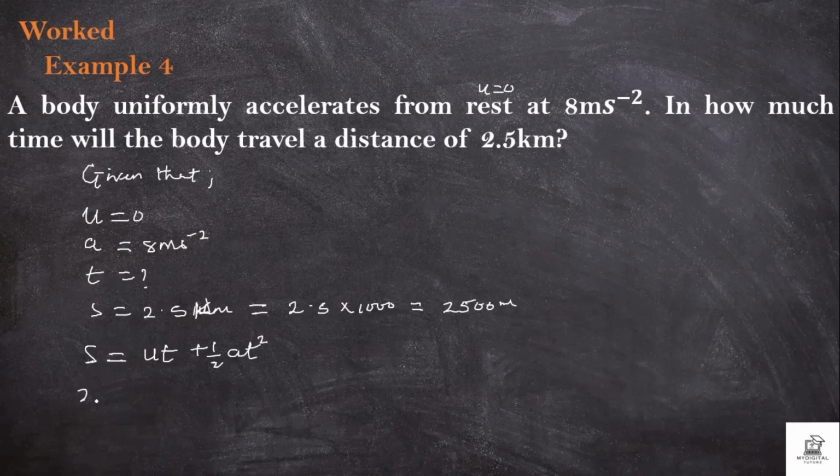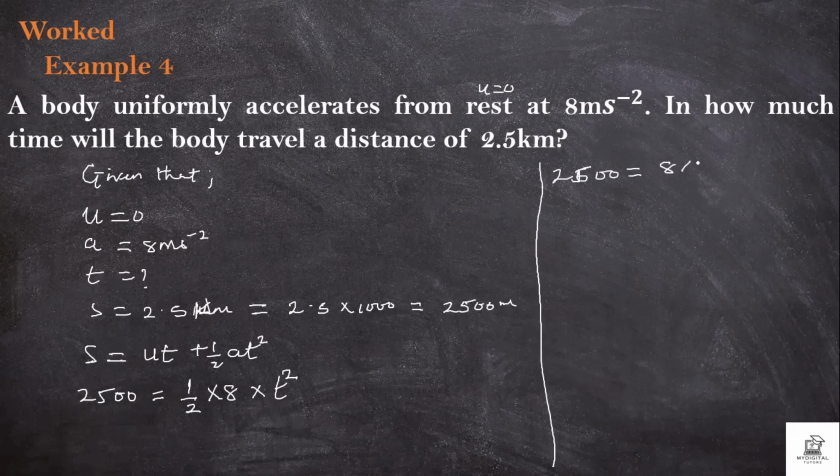Here our S is 2,500 is equal to, since U is 0, it means everything here is going to be 0. Take note of that. So automatically we're going to have 1 over 2 multiplied by the acceleration, which is 8, multiplied by t squared that we are looking for. So from here, I have 2,500 is equal to 8 multiplied by t squared all over 2. So I can say 2 here, 1, 2 here, 4, which implies I have 4t squared equal to